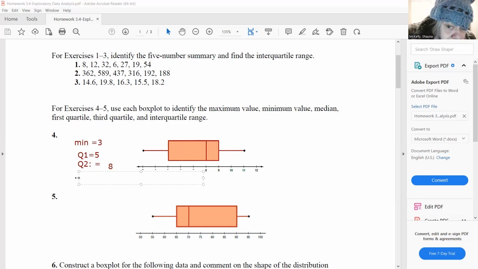Q3 is the right side of your rectangle. So Q3 here is going to be 9. So Q3 is equal to 9. And just for completeness, your max, which they didn't ask for, the max is 11. Now remember, my interquartile range